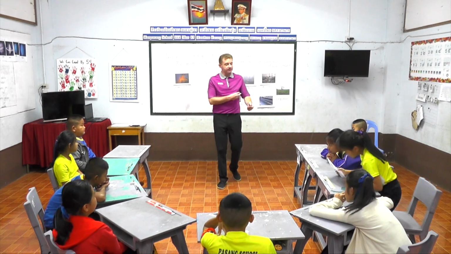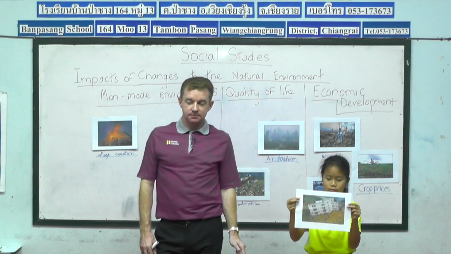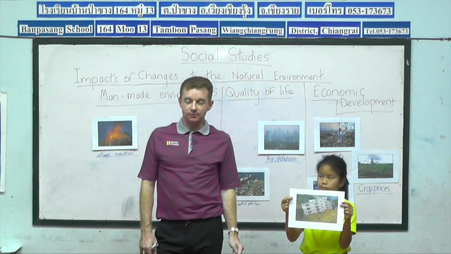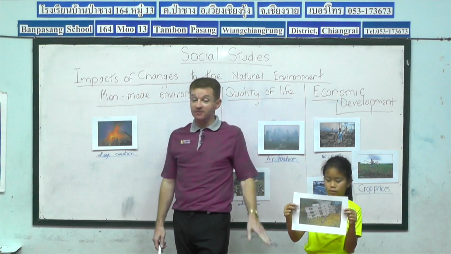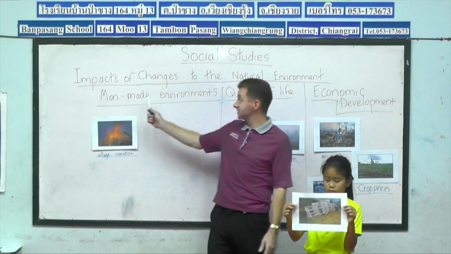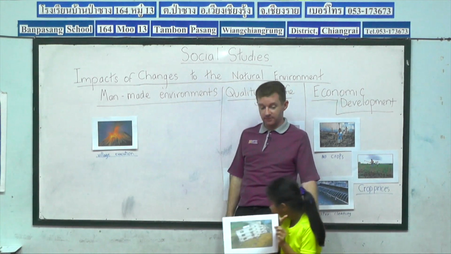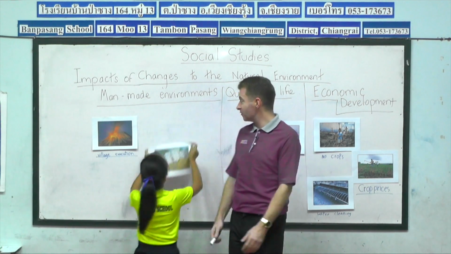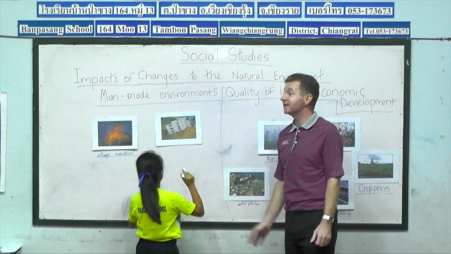So come and join me at the front of class. Now what can we see here, guys? We can see damaged buildings. Remember, the landslide has caused damaged buildings. Another example of man-made environment. So Preo, you can place your flashcards into the man-made environments and write damaged,